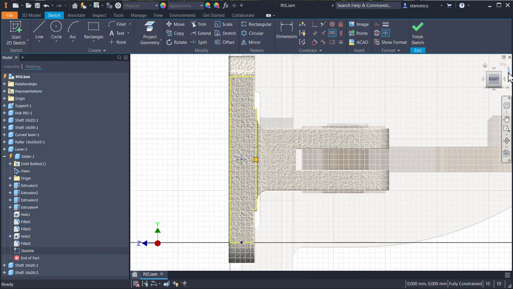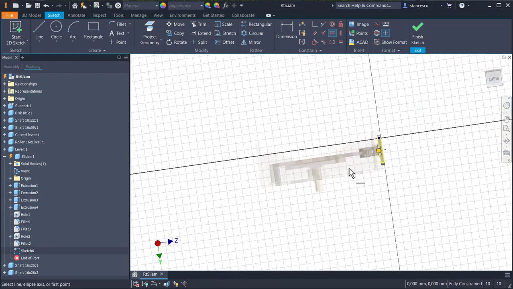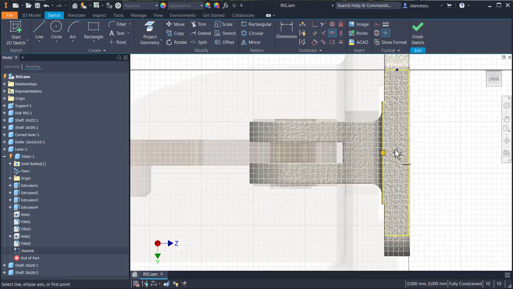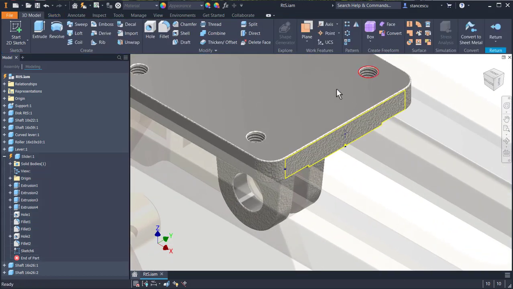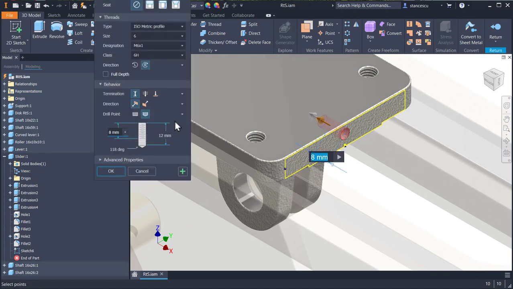or this, to have vertical and horizontal in a real position. Finish sketch, hole, and we apply metric 6 normal pitch hole with 12 millimeters depth and 8 millimeters depth for the thread. Okay,